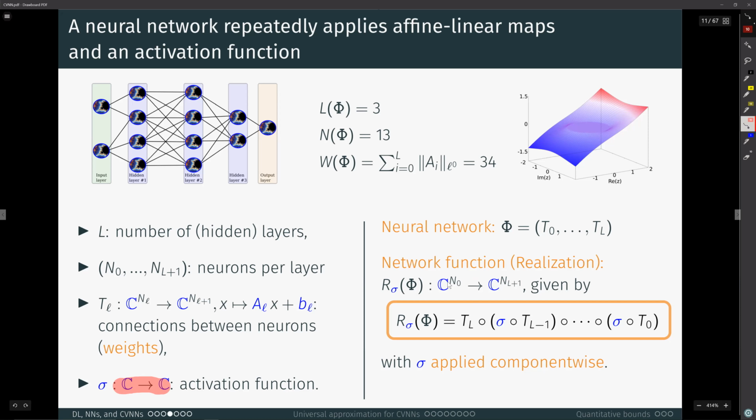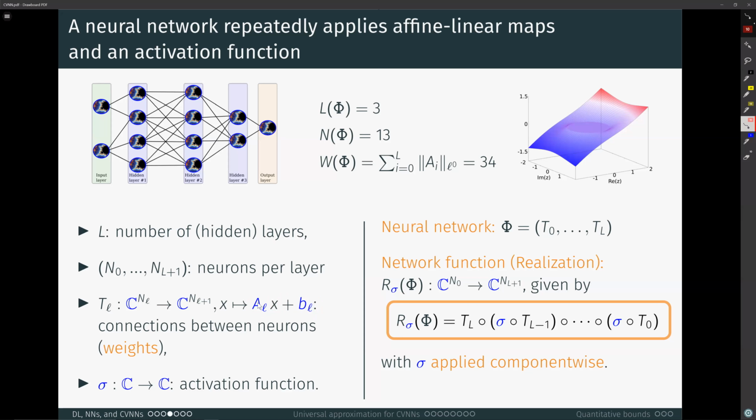And now you might ask, okay, why are you doing this? Or why are some people doing this? You could just as well identify a complex number with a 2-entry vector over the real numbers, and then use your favorite real valued network to compute functions this way. You can do that, but it will give you two different things. The reason is, the first reason is, if you identify C with R^2, then still not every